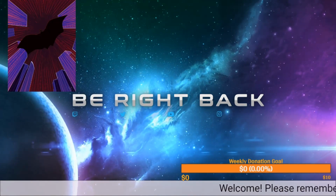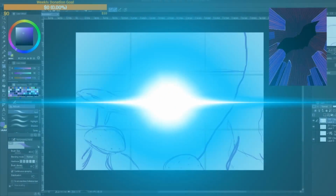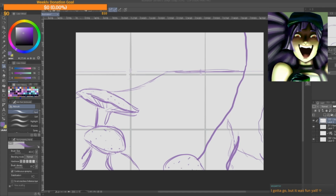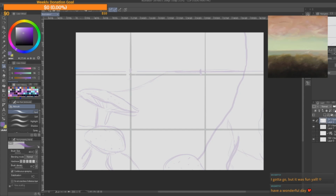Alright, we're back. So, what I'm going to do now is take the sketch in purple that I did and knock down the opacity on it a bit, because when you get a lot of layers going,